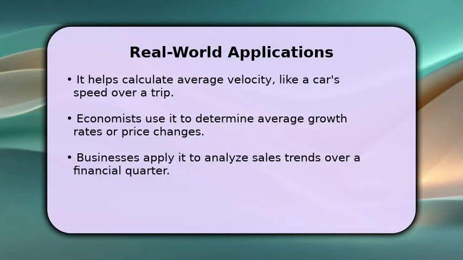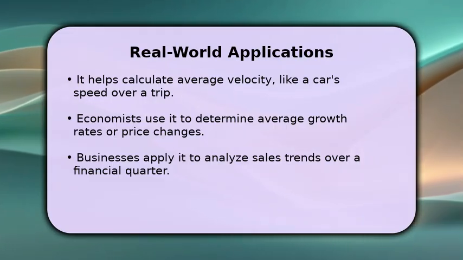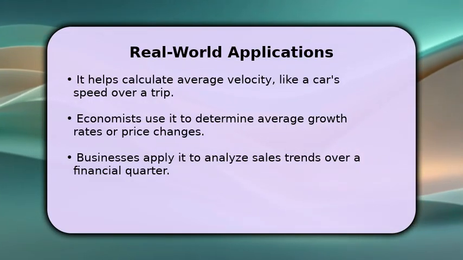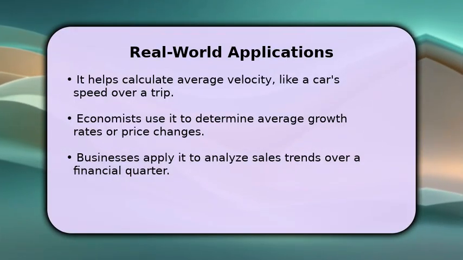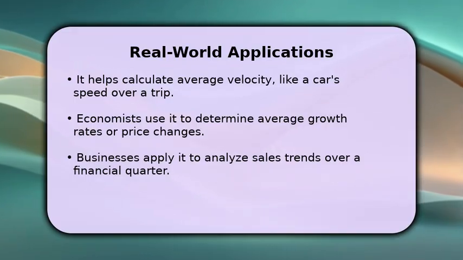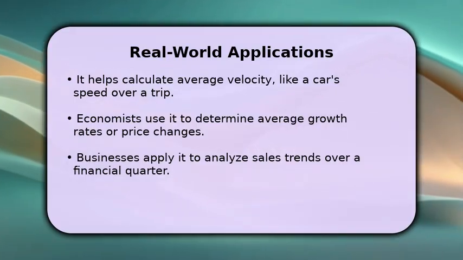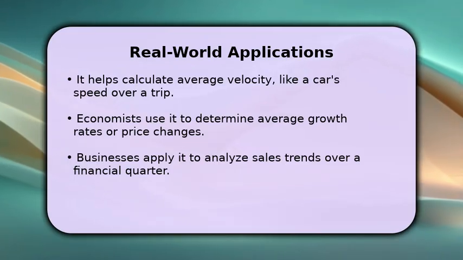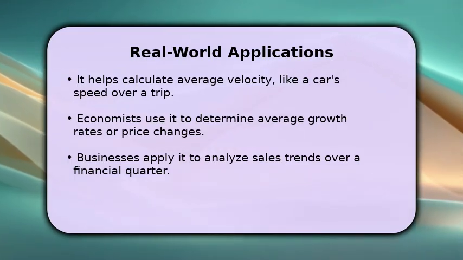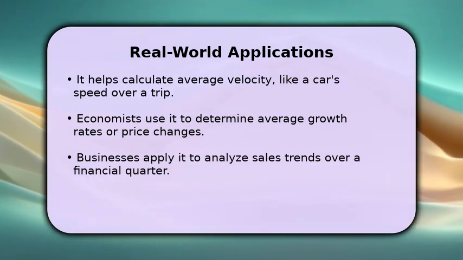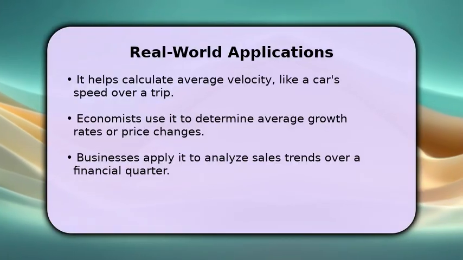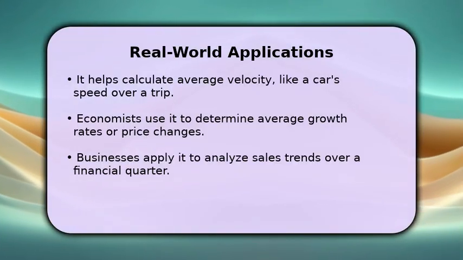The average rate of change is incredibly useful in many real-world situations. For instance, in physics, it helps determine the average velocity of an object over a specific time period. In economics, you might use it to calculate the average growth rate of a company's revenue over several years. It provides a clear, single number that summarizes the overall change, making it easier to understand trends and make predictions